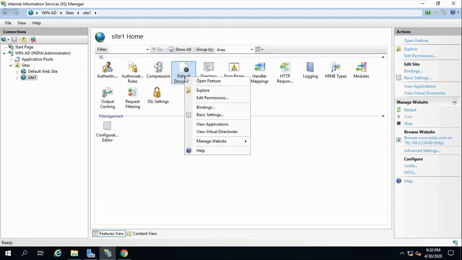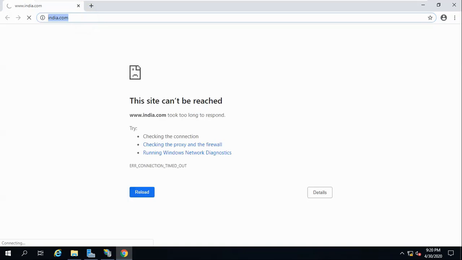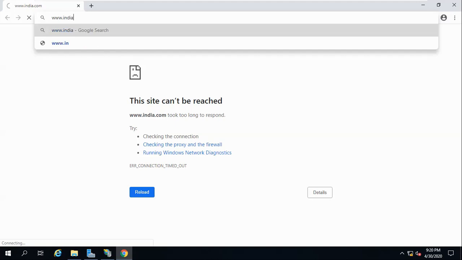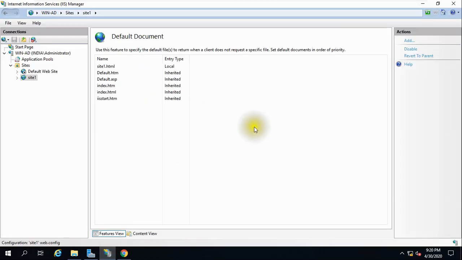Let's see what I gave, even I don't remember. Let me open one more time, site 1 HTML. Or give www.india.com. Basically it should open from here only.